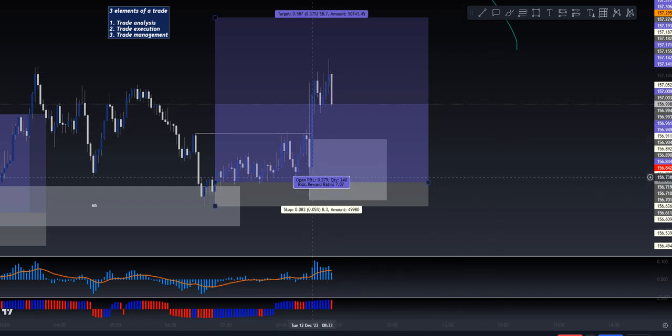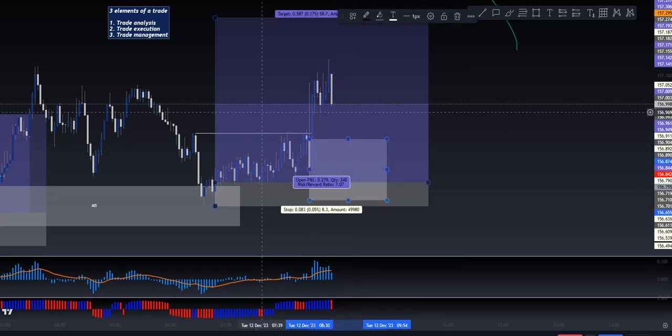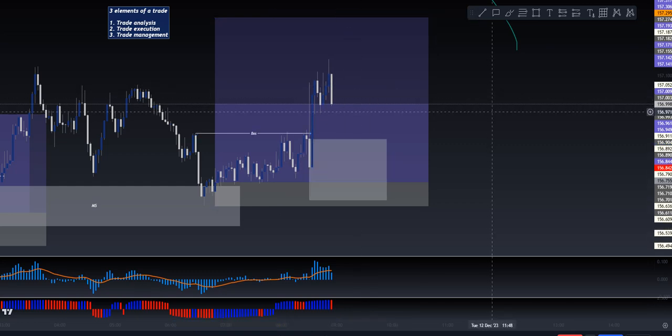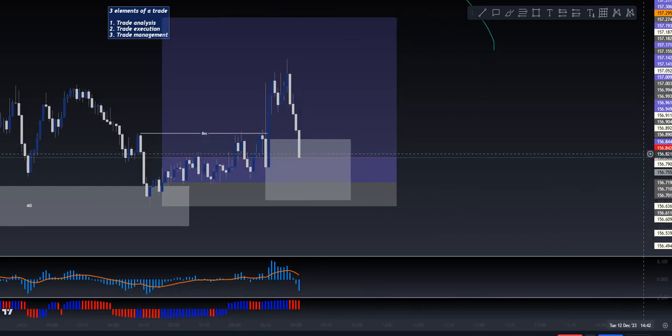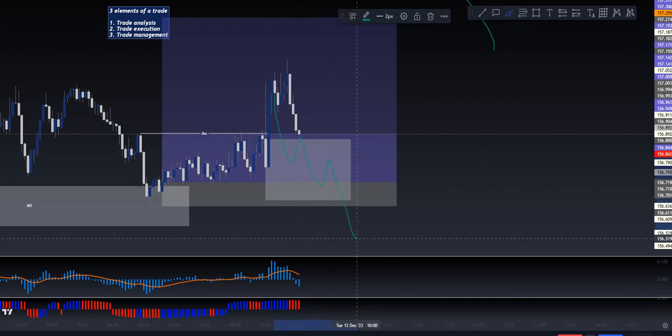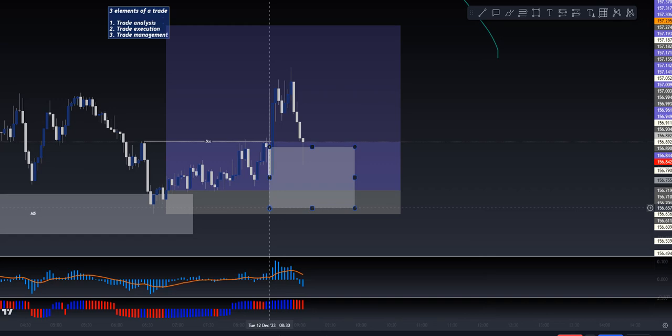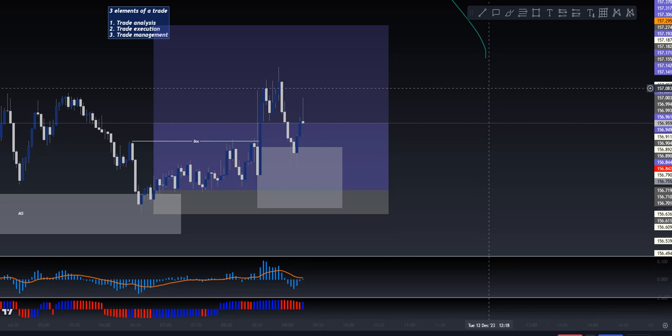I see that there is a huge impulse here. That means this created an area of demand, which is this entire white candle. This is that push down before the push up that broke this structure. The market's probably going to want to come back down to that zone, and I have to be okay if the market wants to run through the zone and go down to stop loss, because that can absolutely happen. So even deciding to hold a trade as opposed to closing it after getting your confirmation risks not making any money at all, or actually losing money, because I would have to commit to holding this trade until the zone is broken. But this is where I would wait and see what the market wants to do.